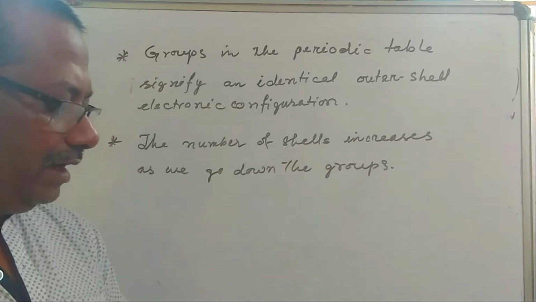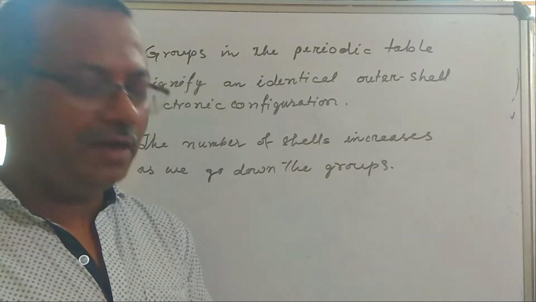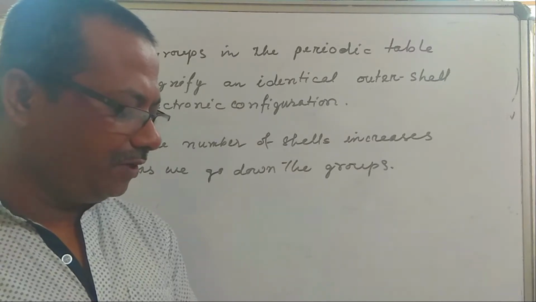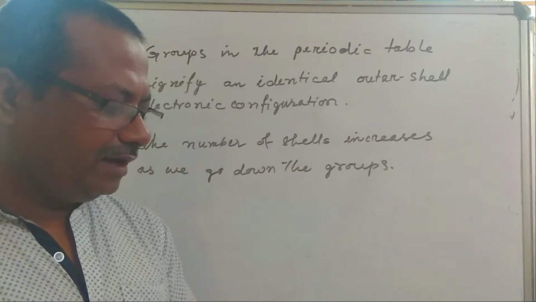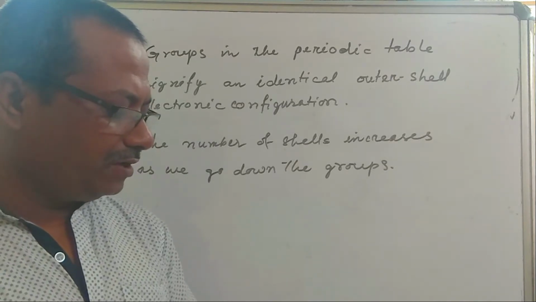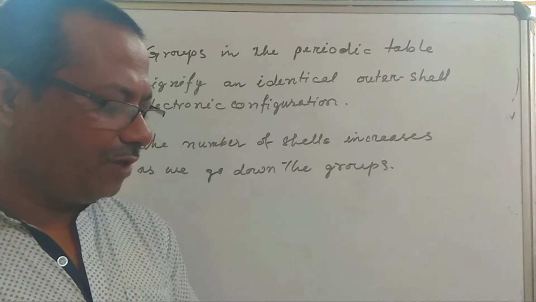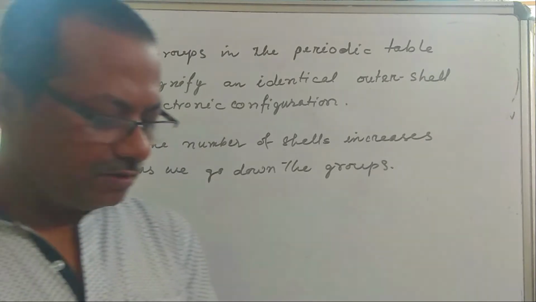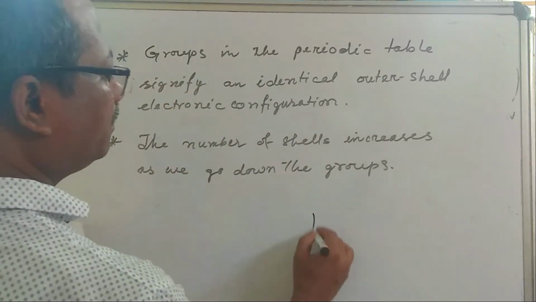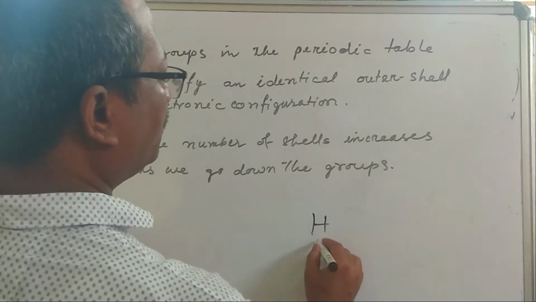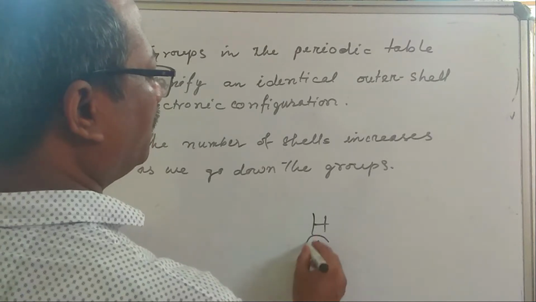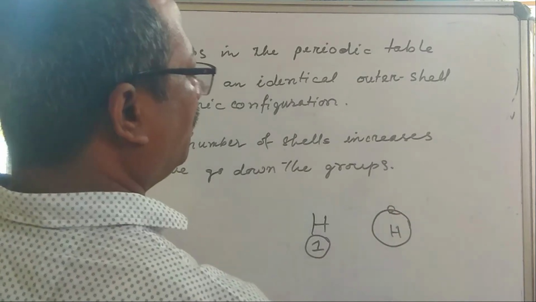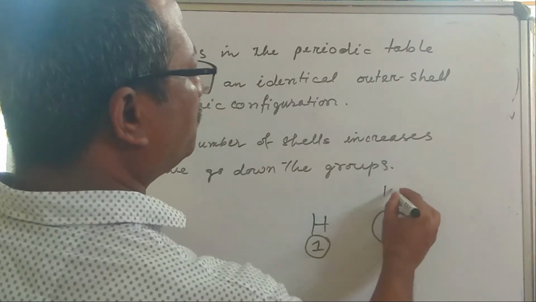Now, in the next paragraph, there is an anomaly mentioned that is found in the modern periodic table, and that is when it comes to the position of hydrogen, because it can be placed either in group 1 or group 17 in the first period. Can you say why? Because hydrogen has got only one atomic number. Atomic number is 1. So hydrogen can be placed in the first group.